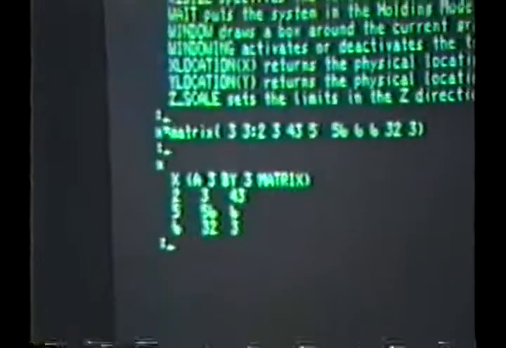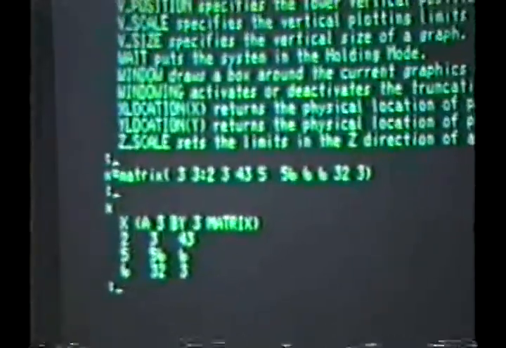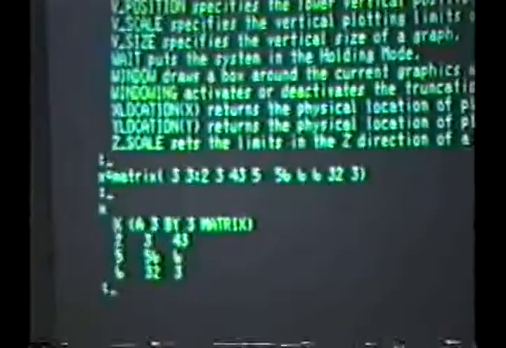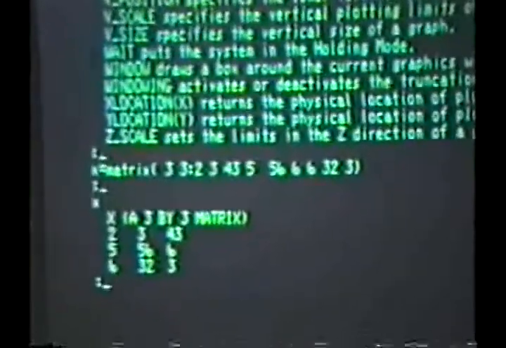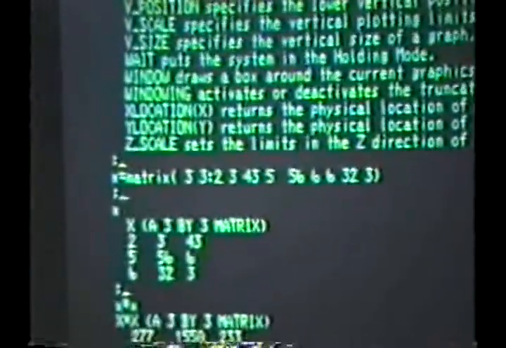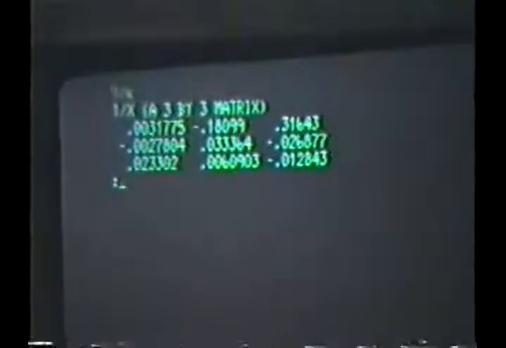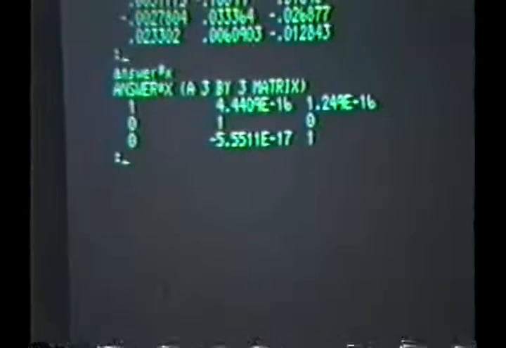And hopefully I didn't feed more than 9 because it would complain. If they're less than 9, it puts zeros in. So this is a matrix in the mathematical sense. If I multiply x times x, it does matrix multiplication. If I want the inverse of the matrix, I say 1 divided by x. There's the inverse. I can check it by multiplying answer times x. And you see the 1s on the diagonal. You see the funny little numbers off on the off diagonal, which most of you understand, but there will be people who don't. If you say set null